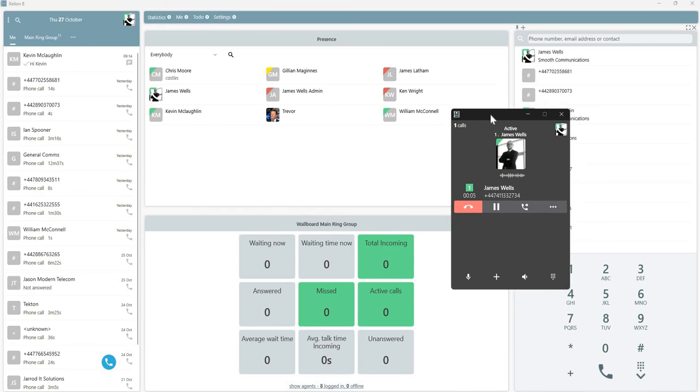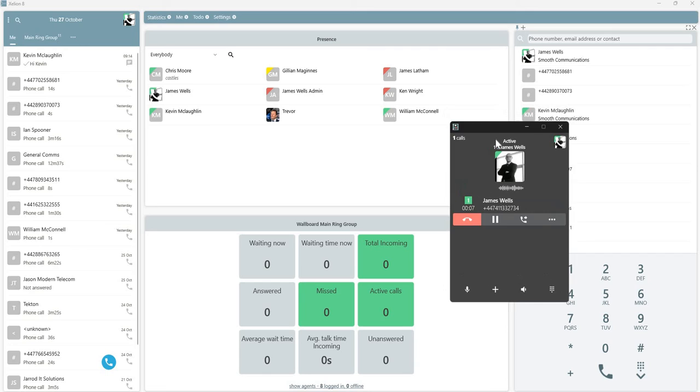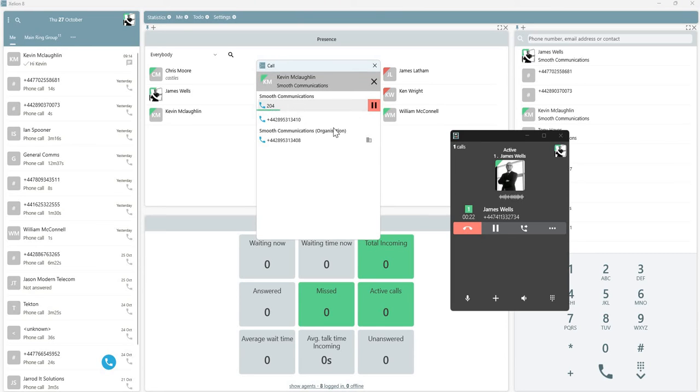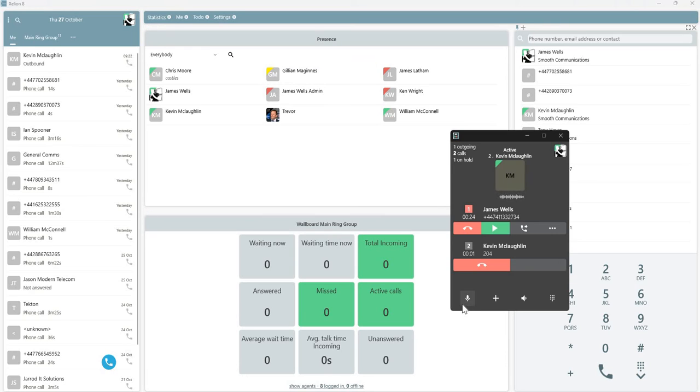There's two ways to do an attended transfer. If we wanted to transfer through to a colleague within our own organization and we have presence on our screen, the easiest way to do so is actually just to go and click on Kevin. When I do that, I can select his extension. That will automatically put the customer on hold and will start ringing Kevin on line 2. When Kevin picks up,